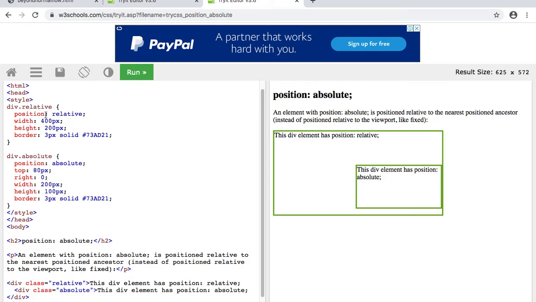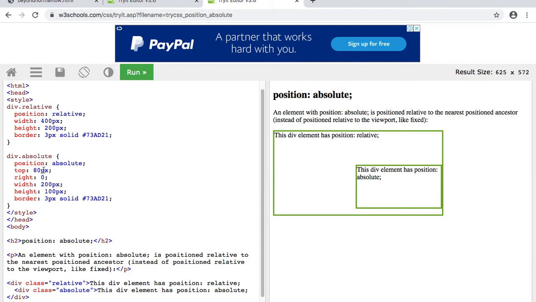In the relative class, the first div, we are setting the position property with the value relative, and the width is 400 pixels, height is 200 pixels, and the border is green solid, 3 pixels, okay. Inside this outer div, we have one more div. What does that div say? It's absolute.